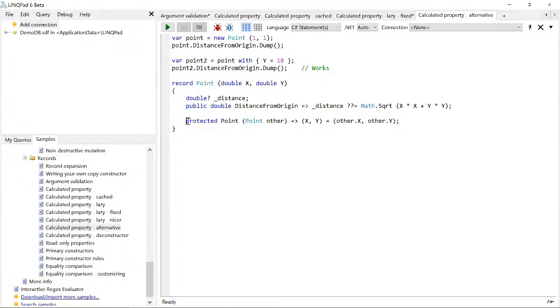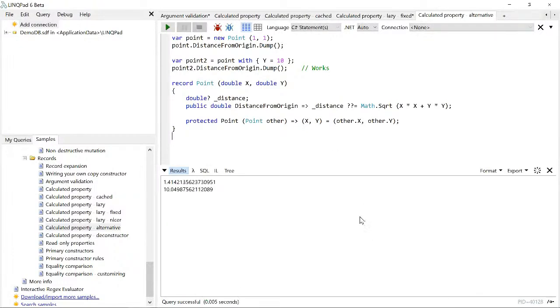And then we could write our own copy constructor, and we can write it such that it only copies over the x and y properties, right? Because without this copy constructor, it's also going to copy over, of course, the cached field, which is what we want to avoid. But if we rewrite this copy constructor so it only copies over x and y, this will achieve the same effect, right? It's not quite as efficient as the other method, in that if we were to add other properties to this that weren't affected, let's say we wanted a